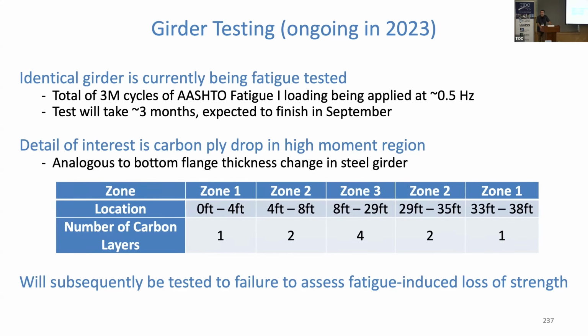And that's not an arbitrary number, because what we're actually assessing here is what happens at the bottom flange, where we have carbon. Carbon's expensive. We pay a lot of money for that. That's our tension carrying portion of the girder. We don't want to use all the carbon over the entire span. We want to drop some plies in regions where there are low moments. We have 3 zones in the girder, and we're assessing where we go from 4 plies at midspan to 2 plies a little further out. That is exactly analogous to what we do with a steel girder all the time, where we reduce flange width or flange thickness. AASHTO would call that a category B fatigue detail. And assessing the capacity of that for fatigue requires 3 million cycles at the Fatigue 1 load, which is what we're putting on it. There's a lot of detail underneath that, but that's how we have to approach